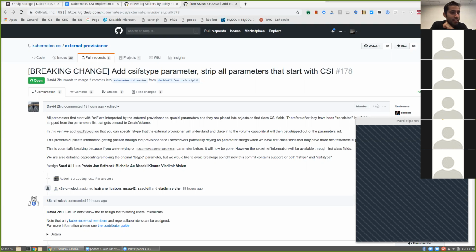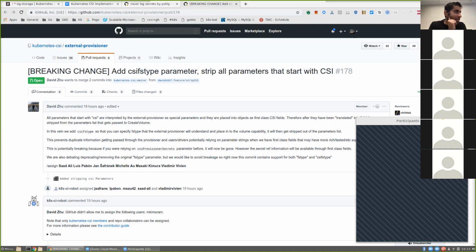If you intend to use the CSI sidecar container, the external provisioner, then you must accept that the CSI prefix keys are reserved for the provisioner only. If you don't want that limitation, then you can write your own sidecar container or just write your own driver completely. Yeah, and I like that we specify the CSI as a prefix. Now, my suggestion on that is, can we use the annotation style where we have a kubernetes.io slash prefix? Yes, and then that makes it very clear.